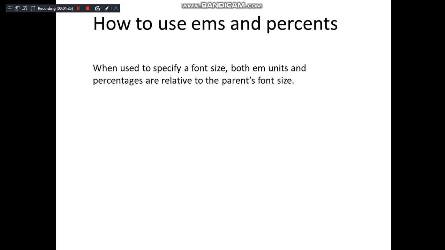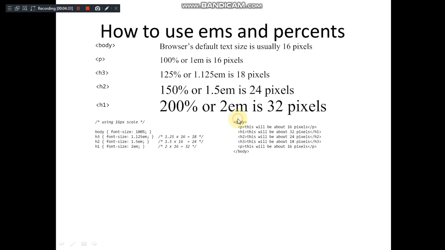How to use ems and percents: both em units and percentages are relative to the parent size, so no difference. The browser's default text size for body is 16 pixels, which is 100% or 1 em. So when I say 125% of this, 25% is added to 16. 25% of 16 is 4, so it becomes 20 pixels.